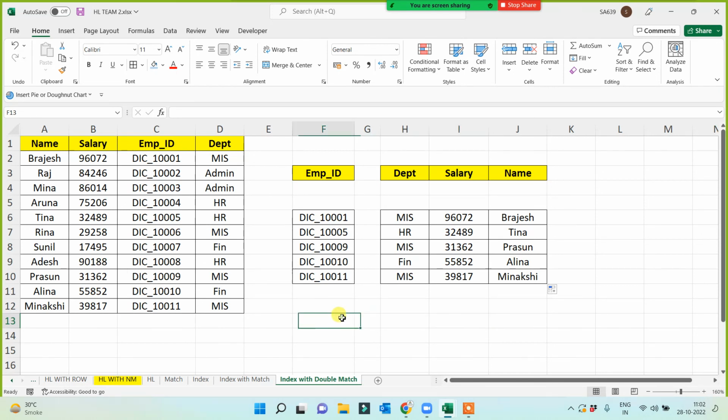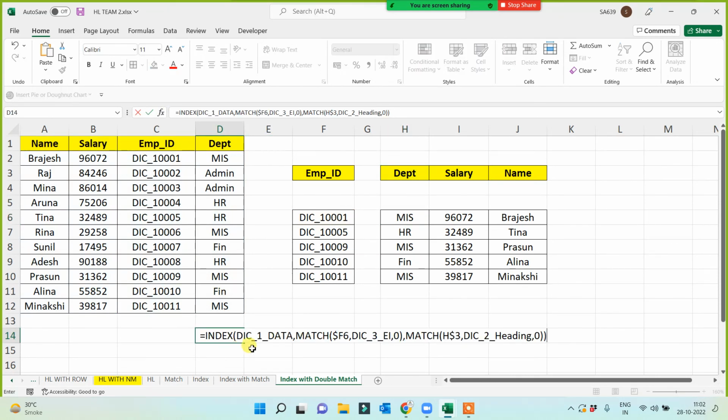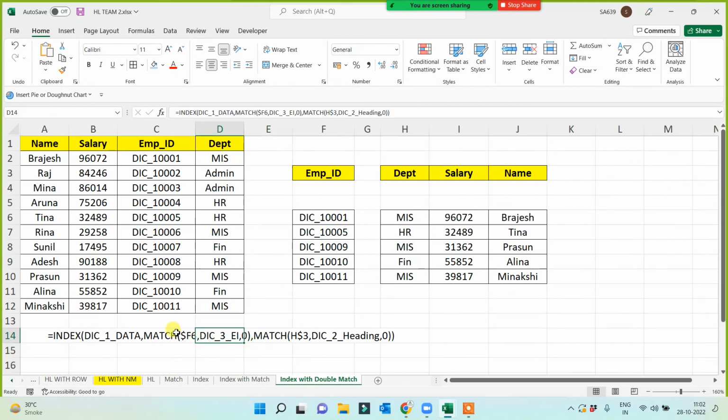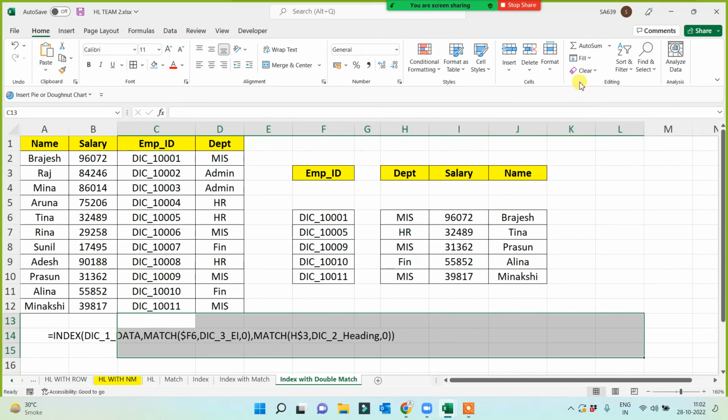So this is very important. A lookup function. This is all under lookup function. Whether you are talking about index or match or anything, that is all under lookup function. You can say it is complicated for the first time or second time or third time maybe, but if you just practice twice or thrice,